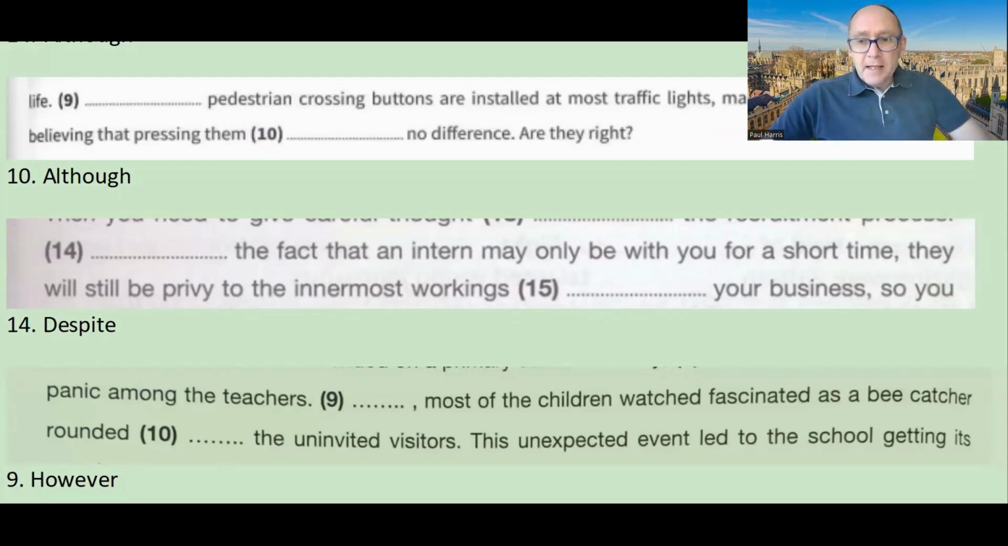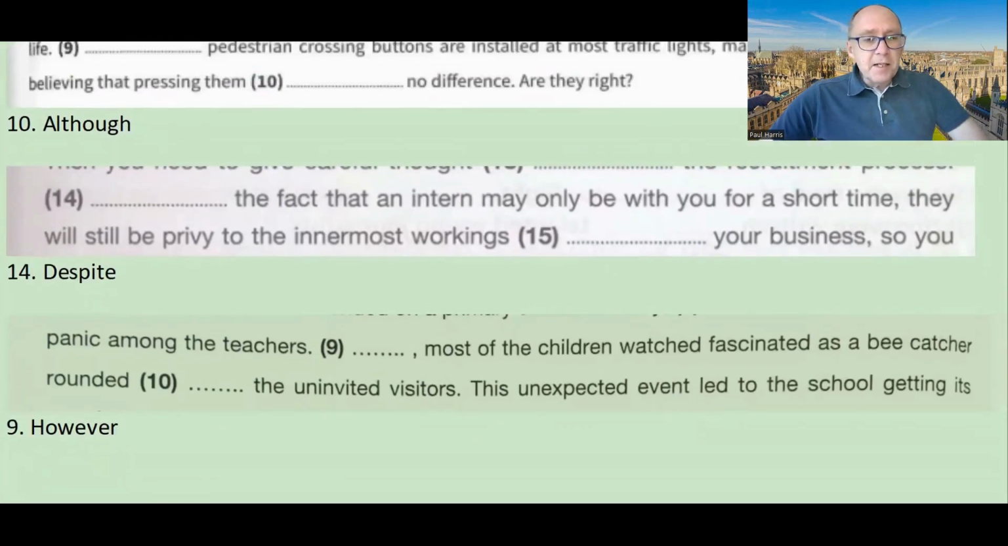And then at the end, we can see here with however, and you can see how the comma gives us this idea of this word here, however, and it's the contrast between the panic among the teachers and that the children were fascinated by the bee catcher. So it was panic among the teachers because of many bees, but the children were quite fascinated and were not panicking. So here we have this contrast between the two sentences. So panic among the teachers, full stop. However, comma,